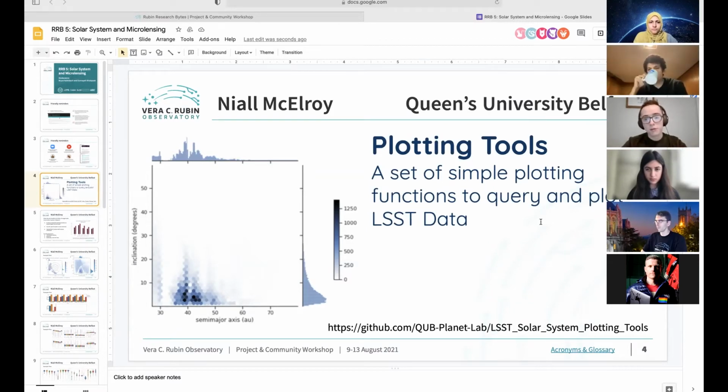On the left here, you can see a generated plot for inclination and semi-major axis made using the program in a hex bin plot with marginals showing the X and Y distributions at a certain point. Attributes such as title and file name and even limits on inclination and semi-major axis can be managed by the user of the package. This package has been published open source on the GitHub repository at the bottom of the slide, with more additions and documentation coming in the current week. Next slide,